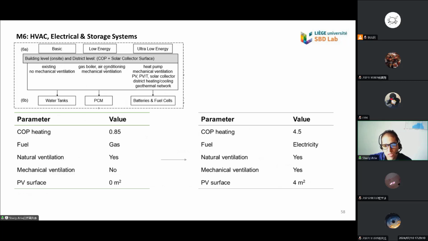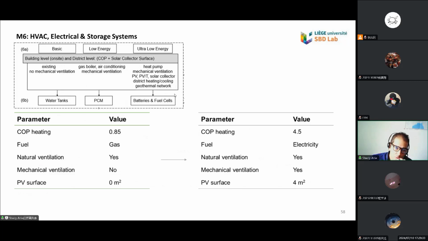If you have a low efficiency building, then you need to maybe assume that you have a gas boiler or air conditioning system. Maybe you have mechanical ventilation, maybe you don't. And if it's an ultra low energy building, most probably you will have a heat pump coupled to mechanical ventilation or not. PV, PVT, solar collectors, you have district heating or district cooling, you have a geothermal network in general or a neutral network in general,